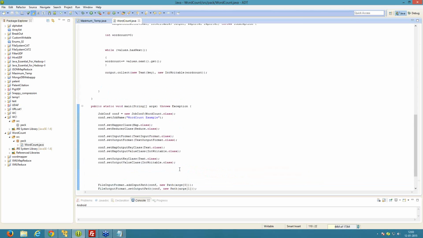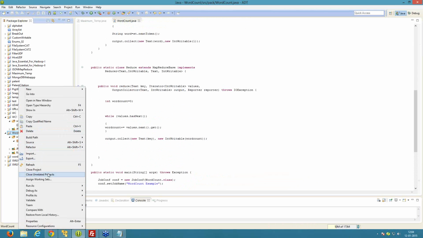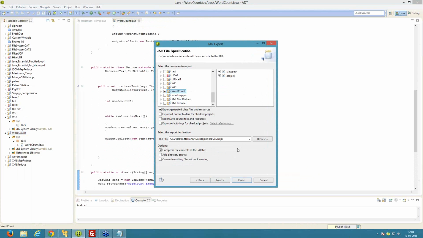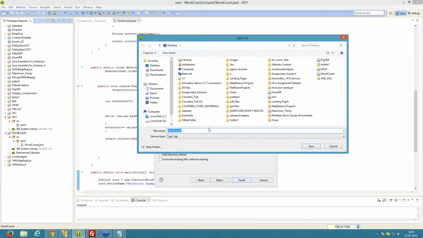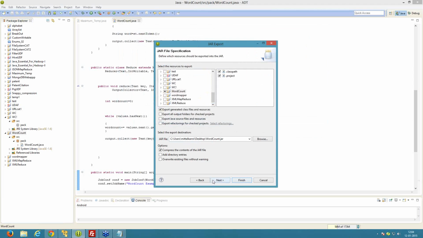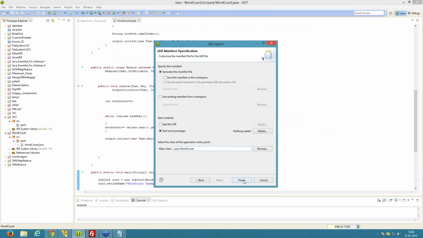So we have defined the mapper function and reducer function in Java. So we have to export the jar file. We have to package the mapper phase and reducer phase code in a jar file. So we need to export the jar file: export, select the jar file, run. We need to provide the destination path for the jar file. Here I am using WordCount stored in a desktop folder. Save, next, next, and select the main class. Okay, fine, finish.